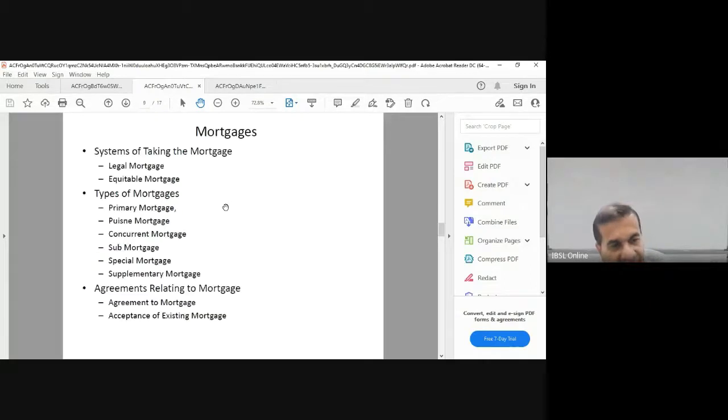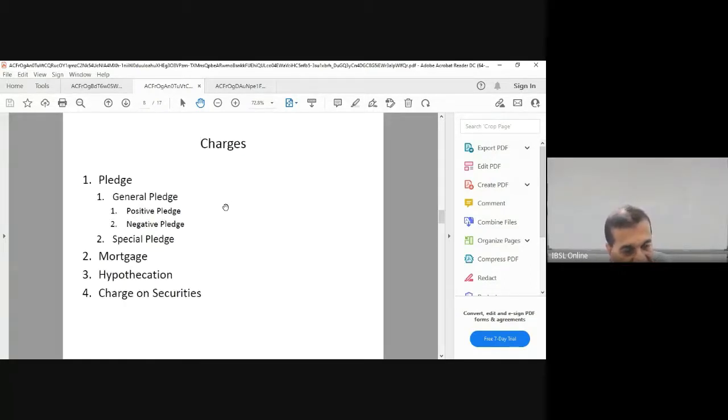Mortgages are the most popular; we will take it up later. And hypothecation is another type of mortgage, which is for movable properties. Especially in other parts of the world, mortgages are for immovables and hypothecation is used for movables. Hypothecation is quite easier than mortgages, because that is for vehicles, stocks and various other items. Charges on securities are used for government securities like treasury bills and bonds, or shares, and that needs special documentation, which is to take the nominal ownership of treasury bills and bonds.